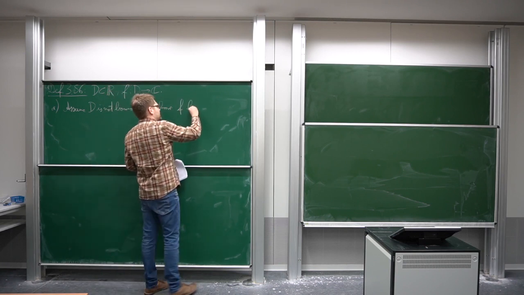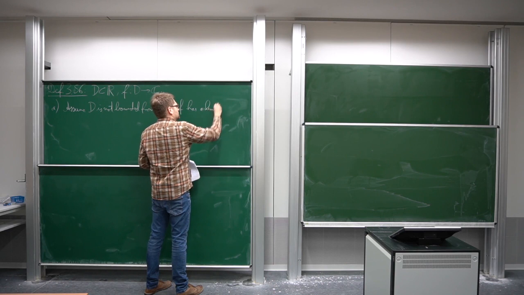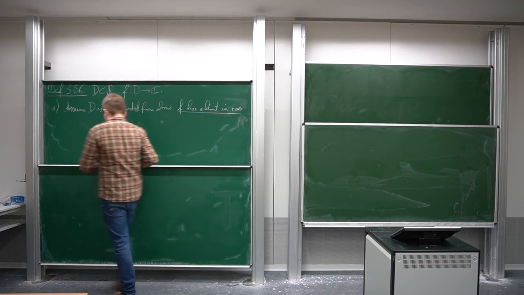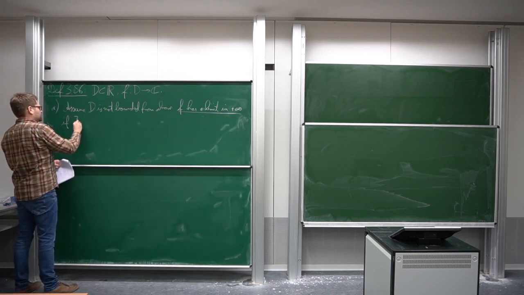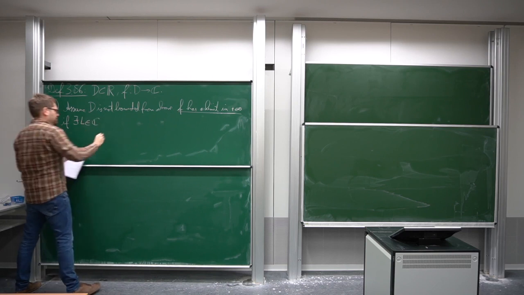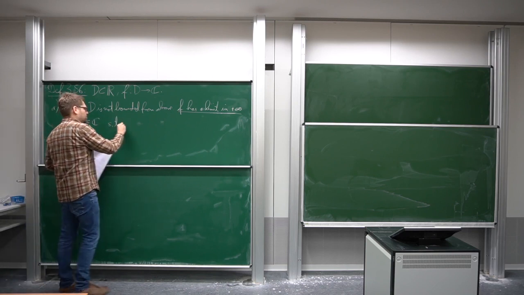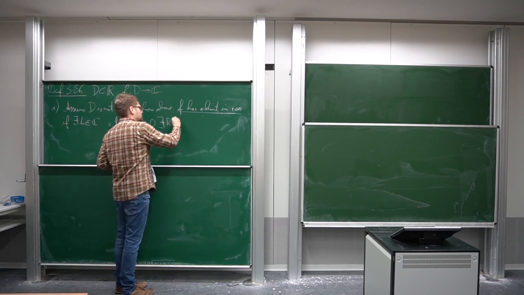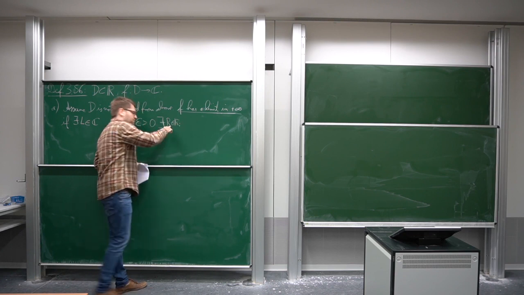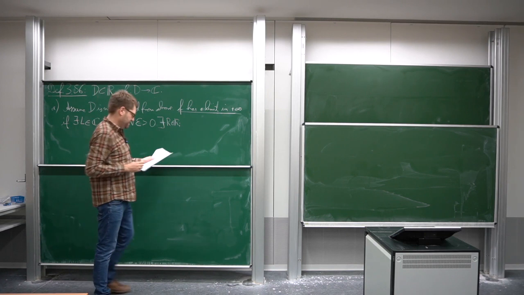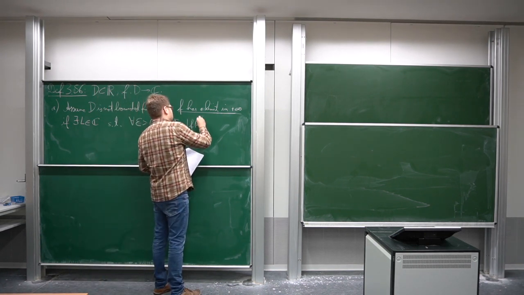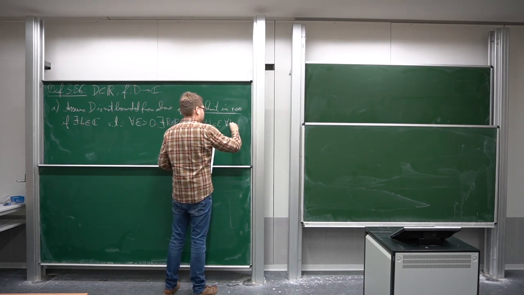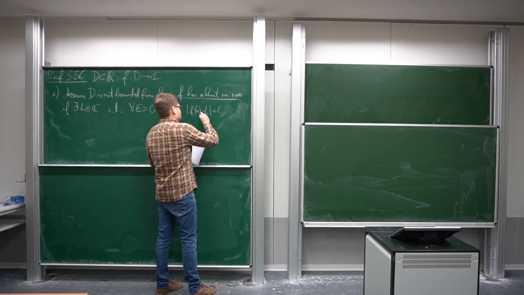So then we say that f has a limit in plus infinity if there exists a number, which will then be the limit, some number L in C, such that the following holds, and again we need epsilons: for all epsilon bigger than 0, there is some real number R, such that if we have passed this number R, everything will stay epsilon close to L, which means |f(x) - L| is smaller than epsilon